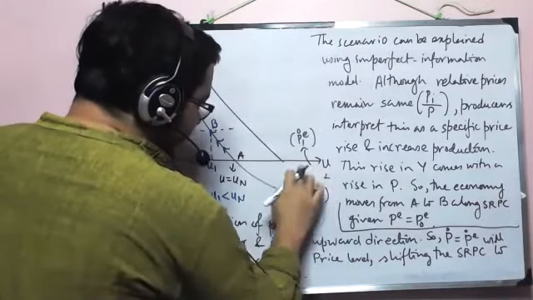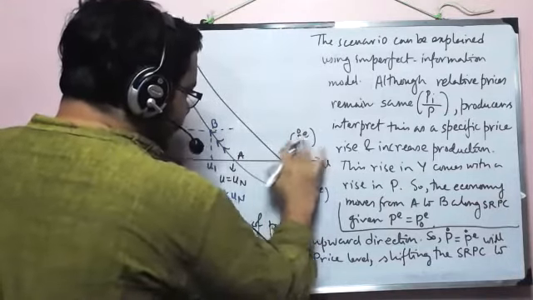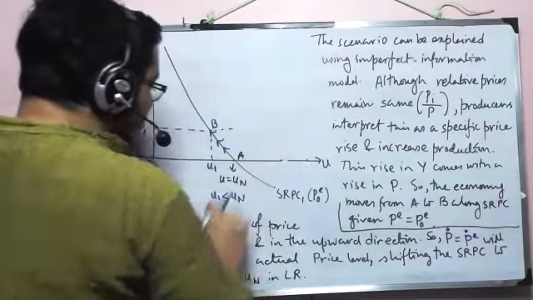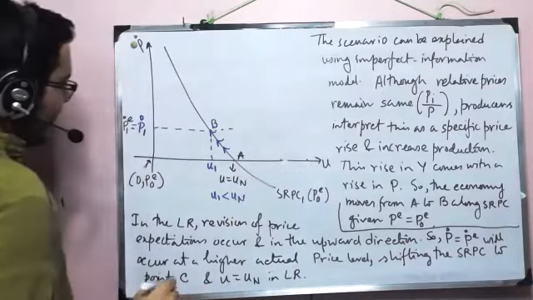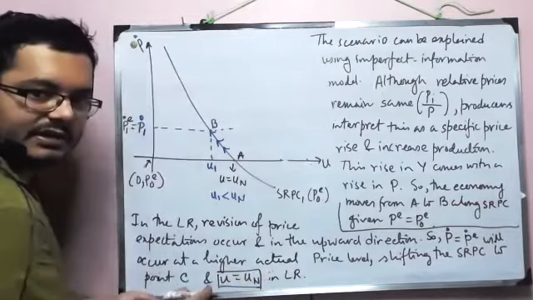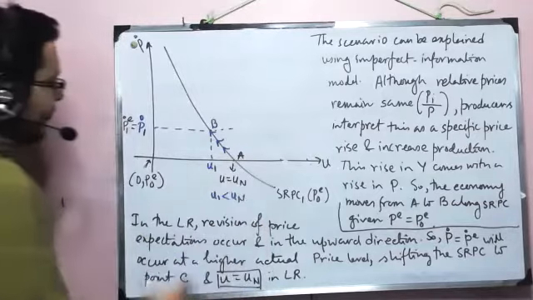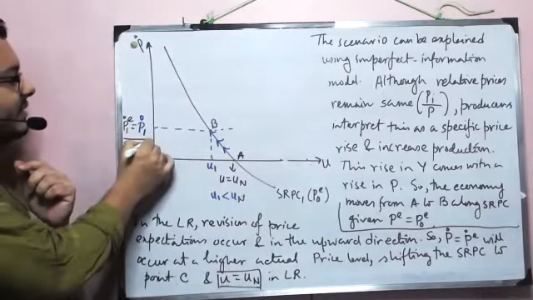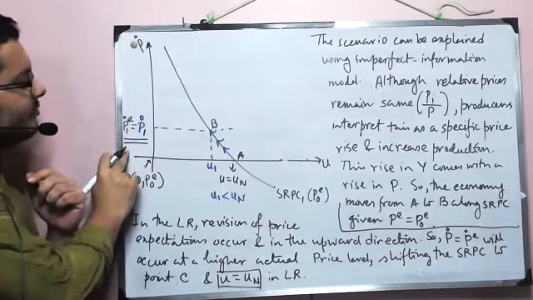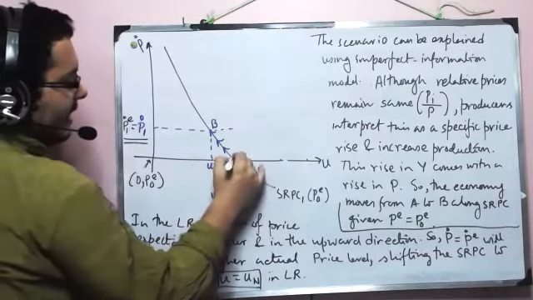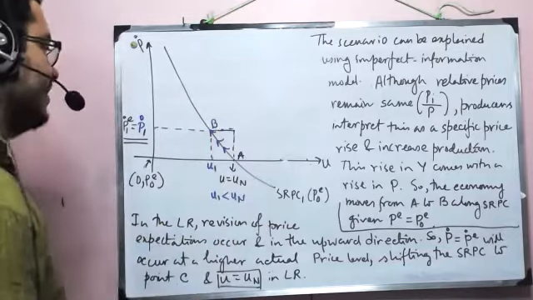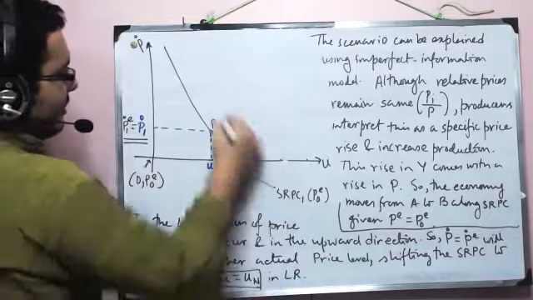There is a rule that we have to follow. I just missed that. Okay, sorry, this will not be the shift. While drawing the shift, you have to remember also the fact that U equal to UN is something that will always hold in the long run. So the new expected price is P1E naught, the expected price level change, and this is the unemployment rate. Say the point C will be here. So this is my point C.